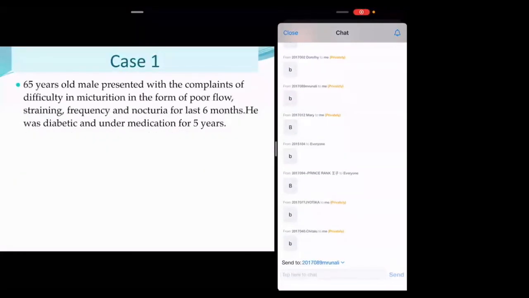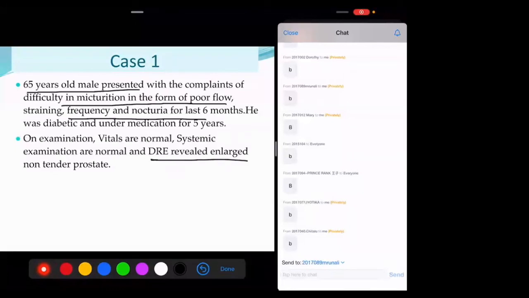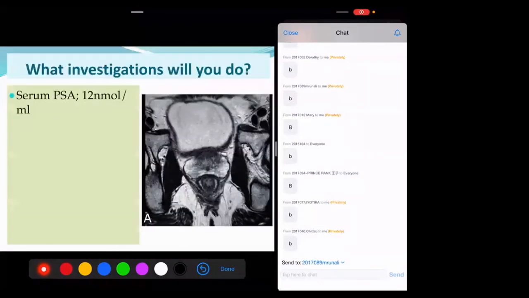See here, a 65 years old male with LUTS is there, and DRE shows non-tender prostate. Obviously, we think of either BPH or cancer prostate. We did a lot of investigations and found PSA was high. So this is a high PSA value. So now you must think of CA prostate, and the MRI pelvis shows there is a hypointense mass in the prostate,